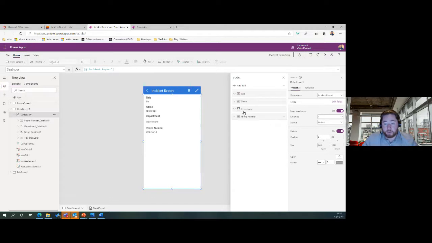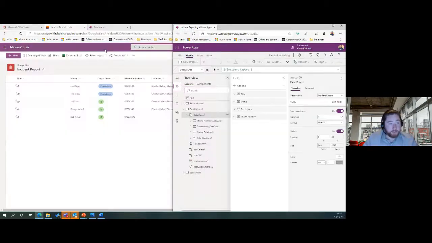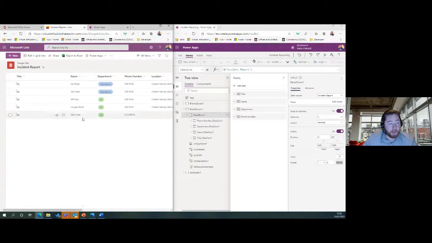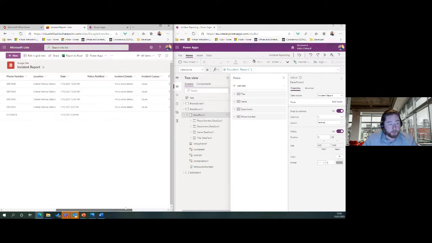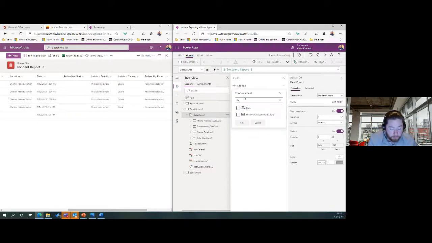is then going to show me the fields which exist inside of my Power App. So I've got title, I've got name, department, phone number so far. So I just want to go back, and in fact, let me just snap that in place, and then I can just check what fields I need. So I've got title, name, department, phone number. I might also want the date field in this view. I'm going to select date, click on